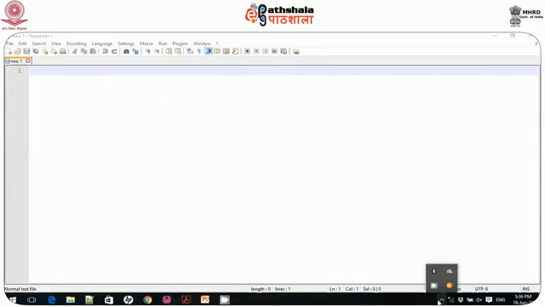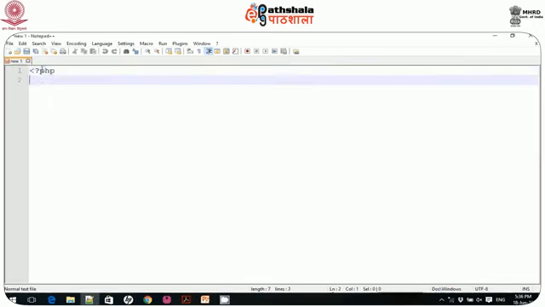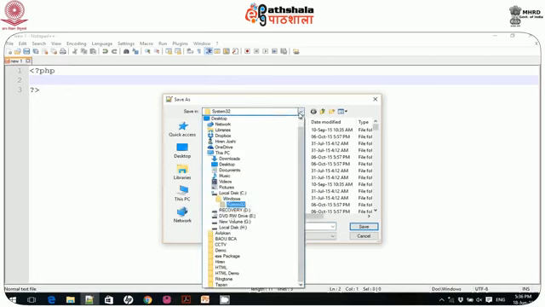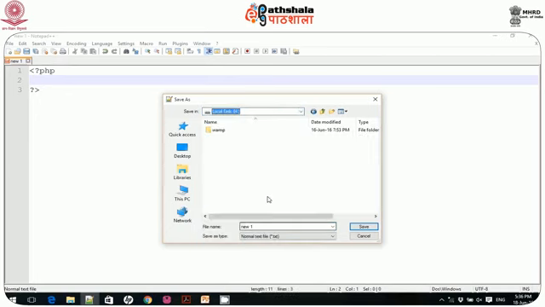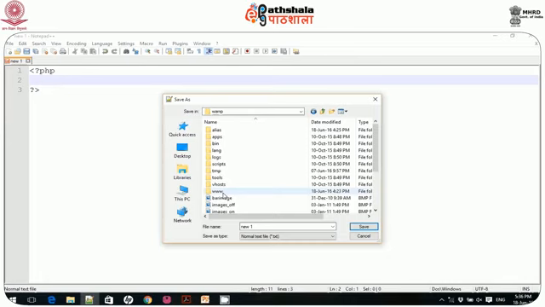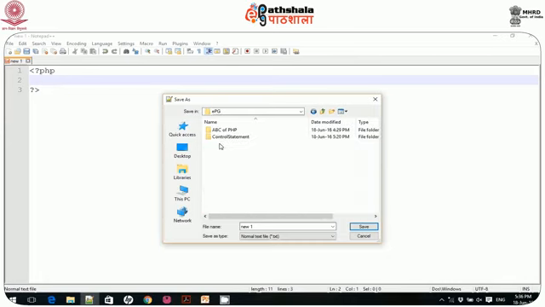First of all, I have to type the opening tag of PHP. So I will type PHP opening and closing tag, and let me save this file with Save As, and I will save this file onto my WAMP folder, www directory, in EPG. Let me create the folder function1, and here I write one